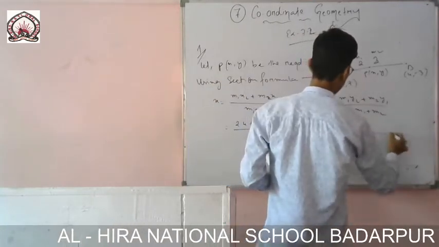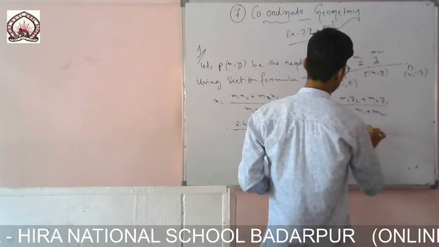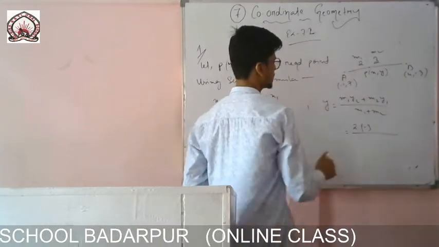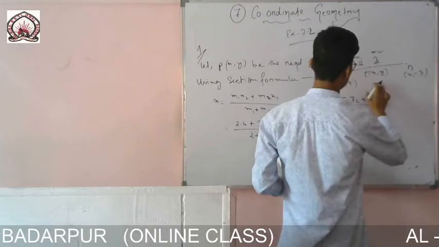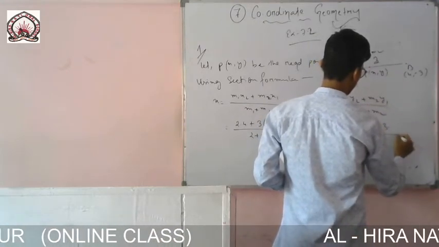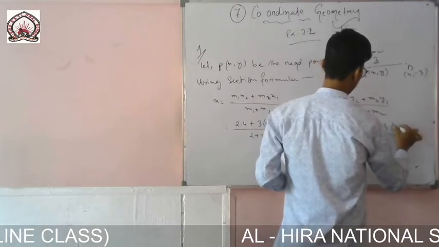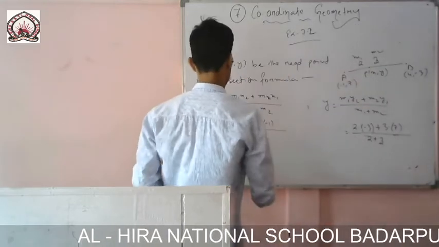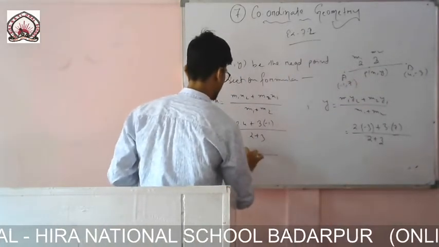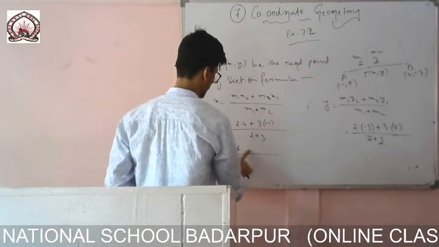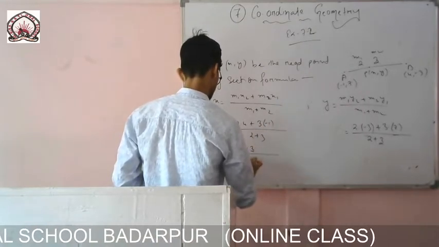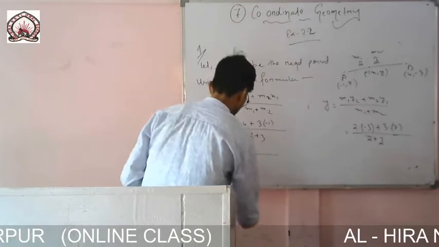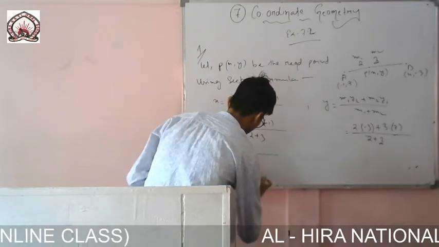Here, for the y coordinate, it will be m1, which is again 2, into y2, minus 3 plus m2. What is m2 here? It is 3, and y1 is 7, and m1 plus m2 is 2 plus 3. So if I go on solving, 4 2s are 8, plus 3 1s are 3, so minus 3, and 2 plus 3 is 5, and there 8 minus 3 is also 5. So 5 by 5, that means 1.